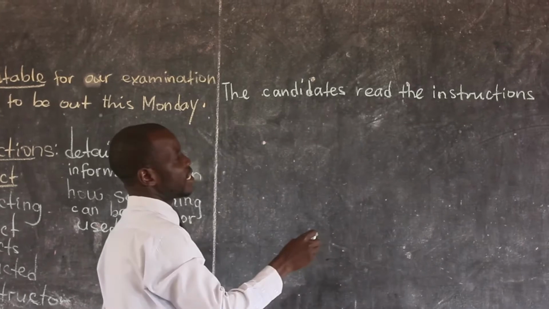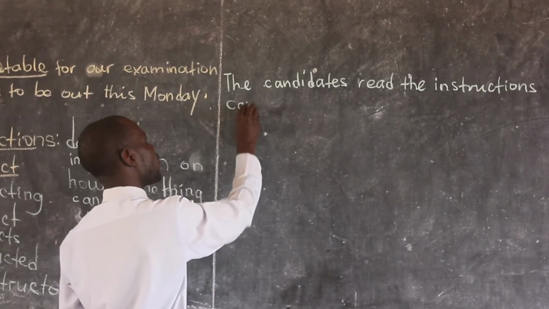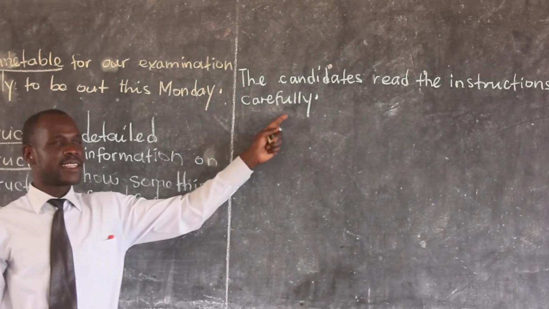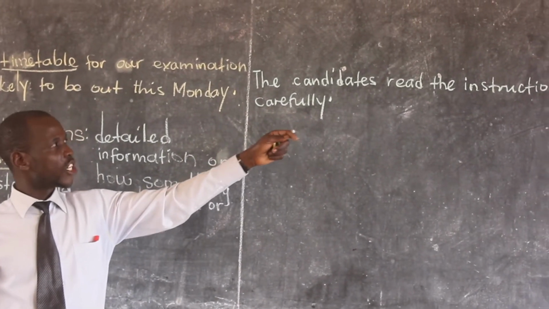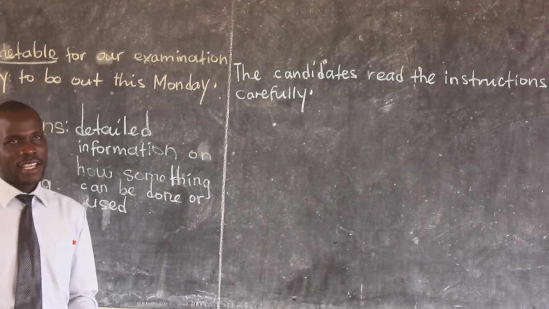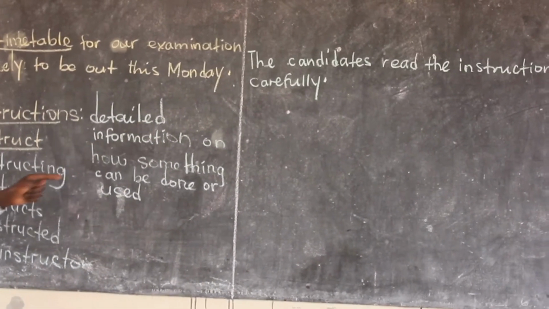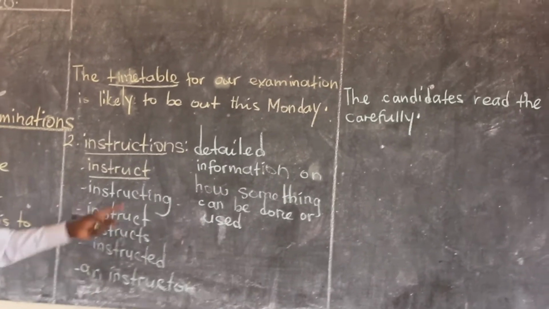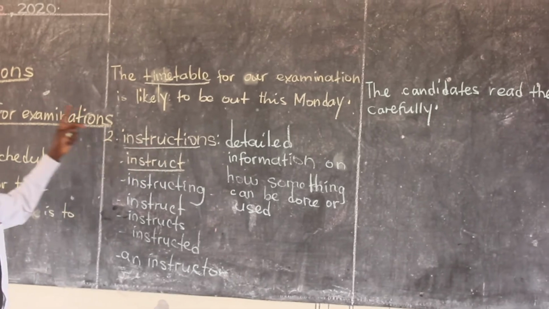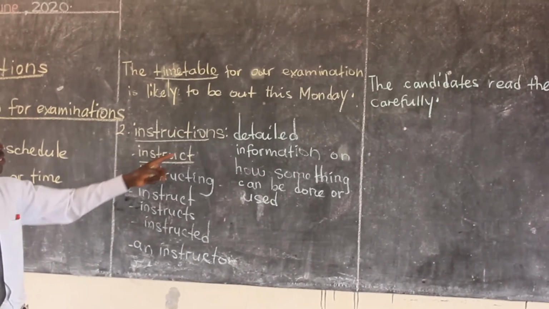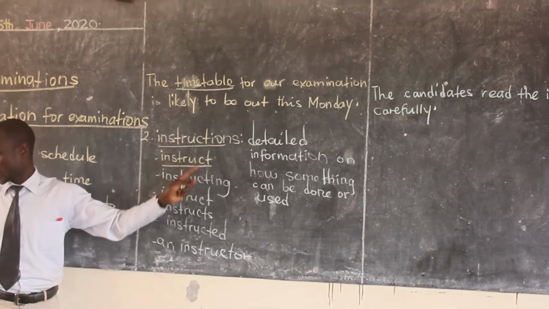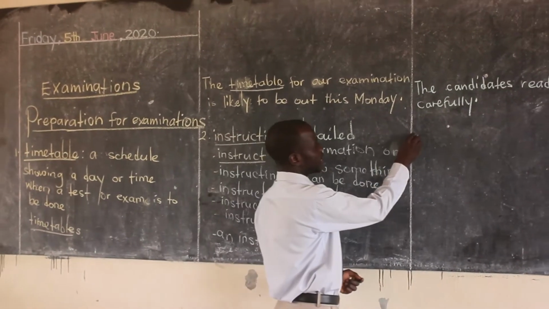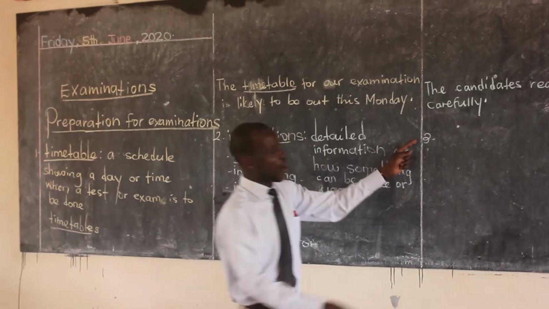The candidates read the instructions carefully. You can have other sentences using the word instructions. So you find that among the things you need to know when you're preparing for your examinations is this word, instructions. Then the other word we also need to know about, the third word here,